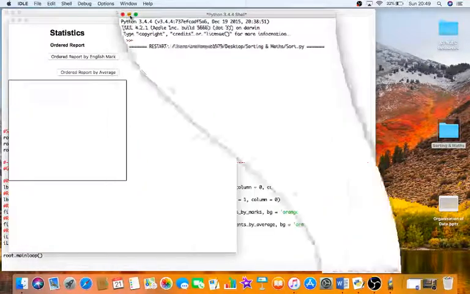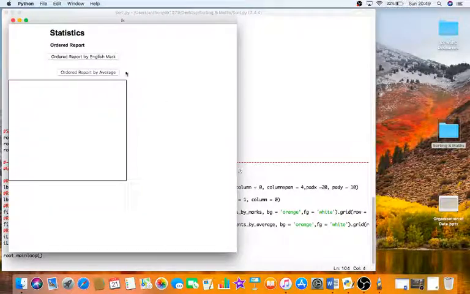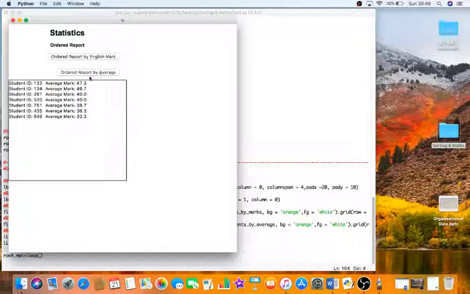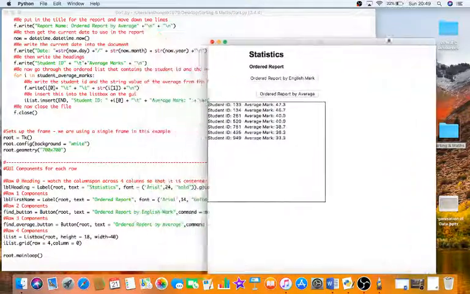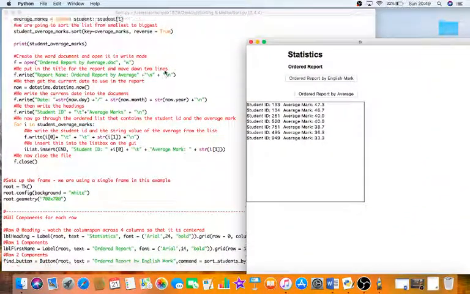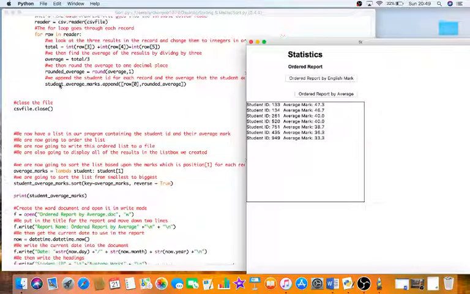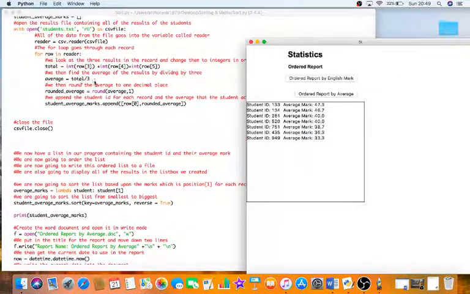Okay, I'm just going to minimize this. Now, if you have a look here, I'm just going to link it up to the code. I'm just going to bring this down slightly. So remember, we created a student average marks list way up here when we opened up our CSV file. And what we did is we appended into it each time the student ID, which is here, and the rounded average